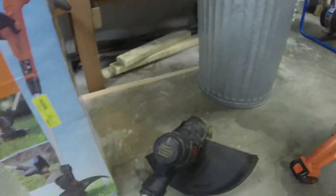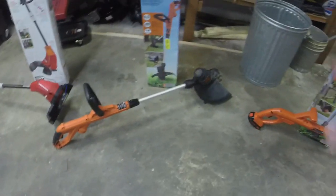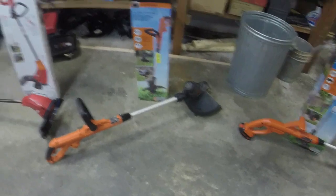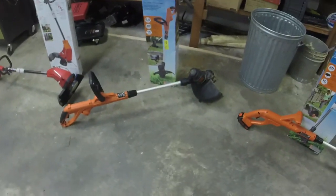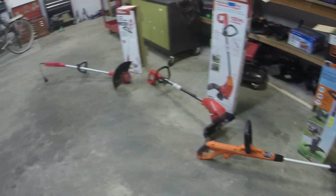So all of them use the feature of releasing the trigger to advance the line, as opposed to a bump hit or something like that. So you just have to be mindful of it when you're operating. But you could hear a little bit of difference since it's only throwing around 1 string in the Black & Decker versus 2 strings in the Hyper Tough and the Homelite. Again, probably not going to make that much of a difference, but in my opinion, it's a little bit nicer